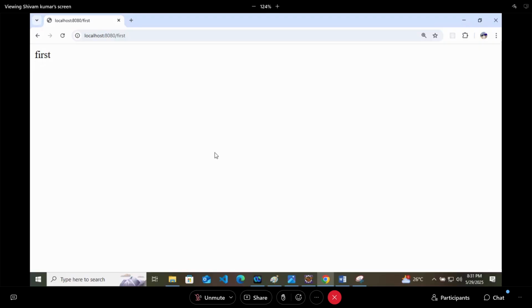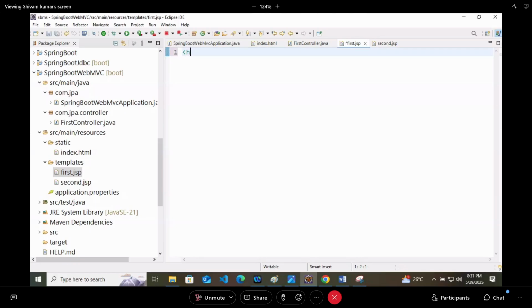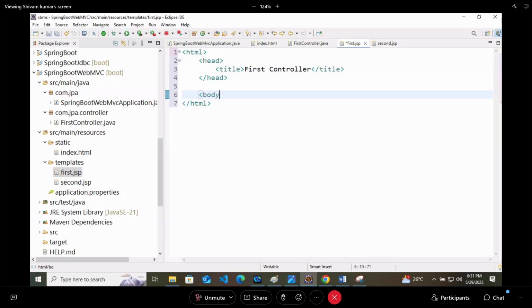Head will have body, and inside body h1: this is the first controller page. So we have just created a little bit here, and in the first controller we are returning first like this.